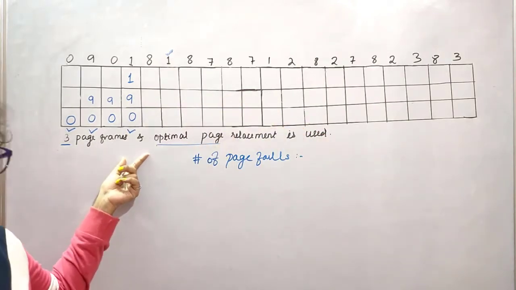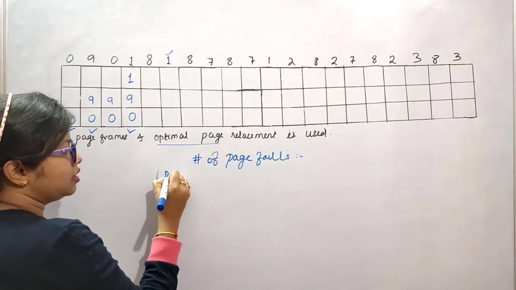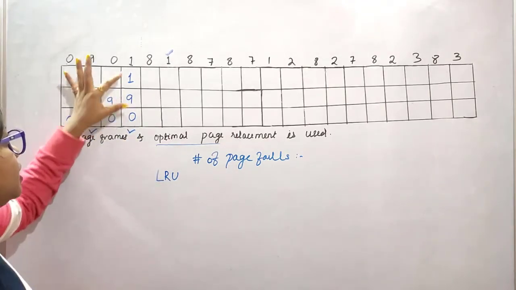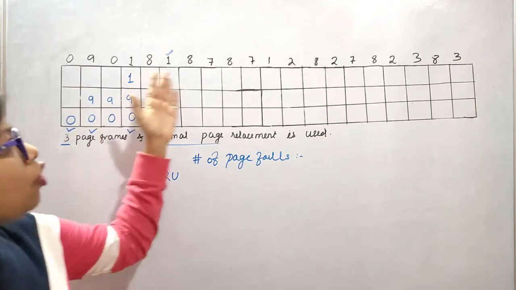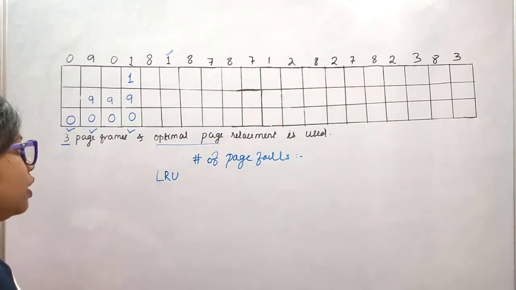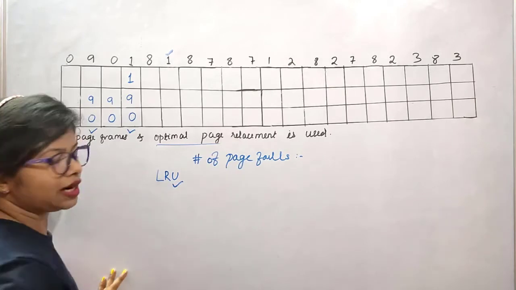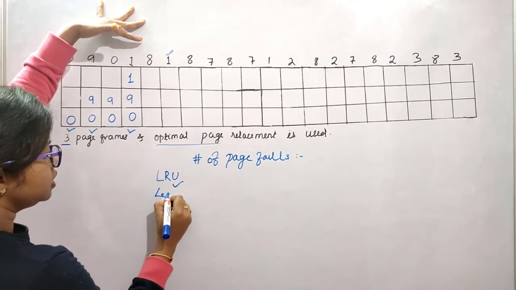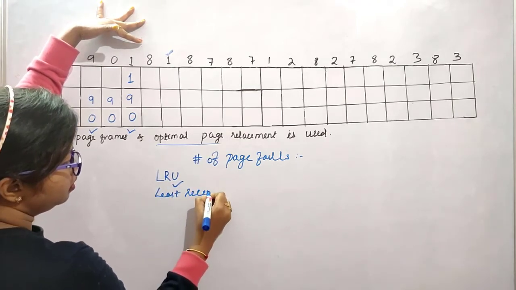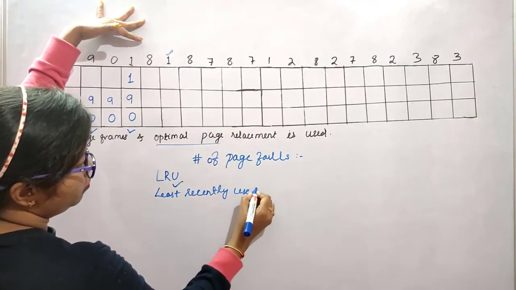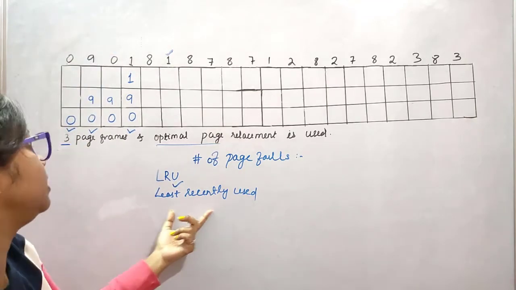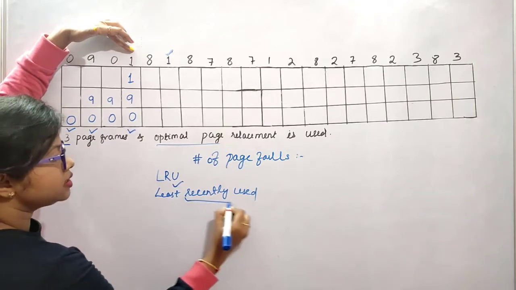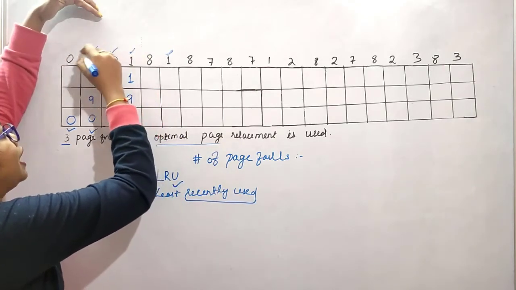So in this case you have to apply LRU, only in this case. Suppose there are 3 pages and those 3 pages are not used in the future. In that case you have to use the LRU algorithm. Understood? So here, least recently used. In this case you have to search which one is least recently used. See, recently used are 1, 0, 9 and 0.